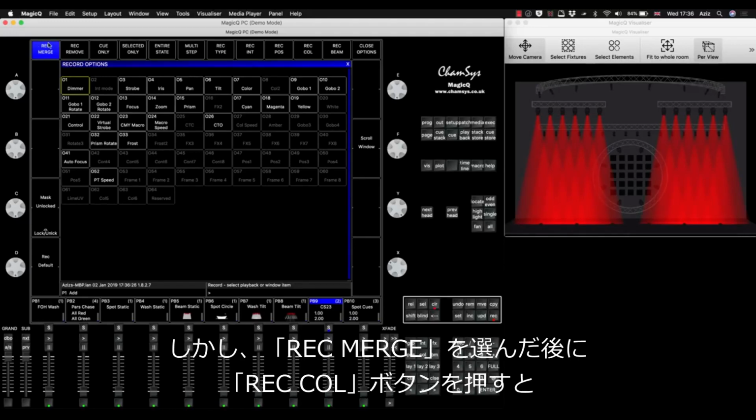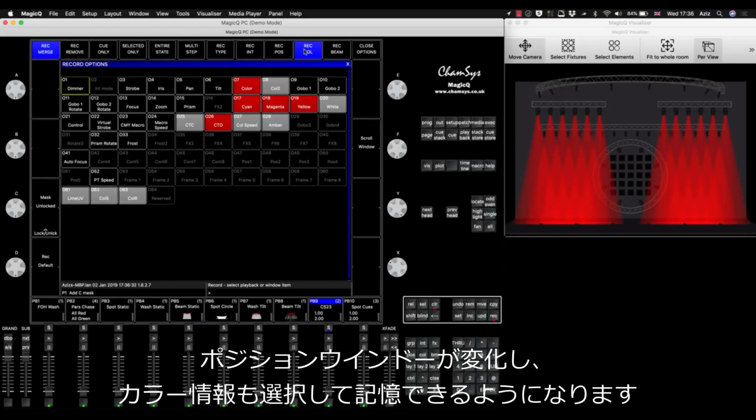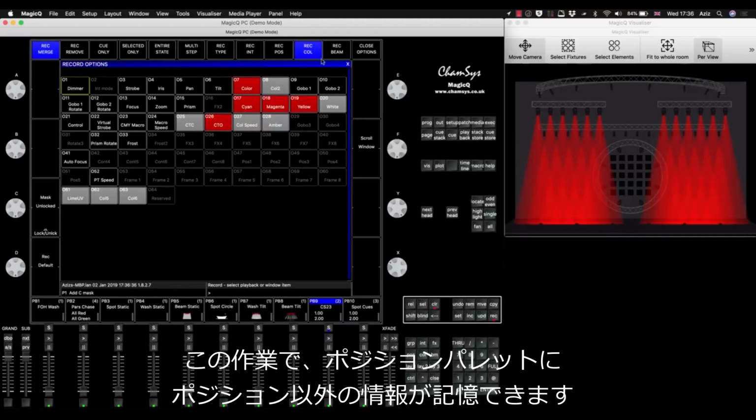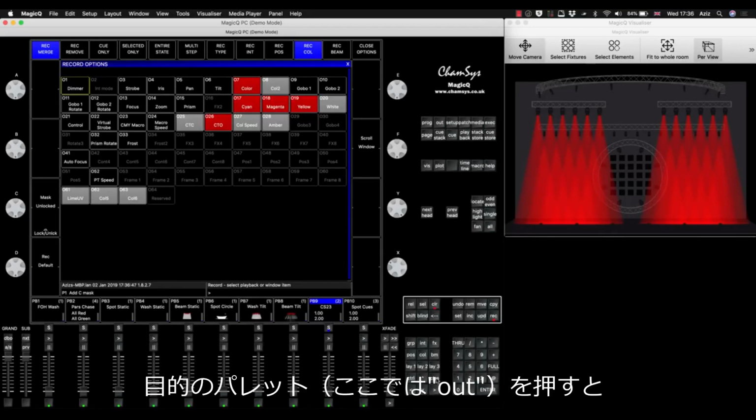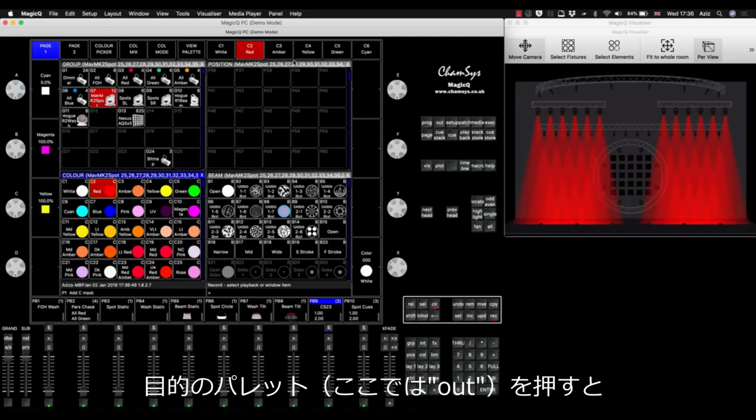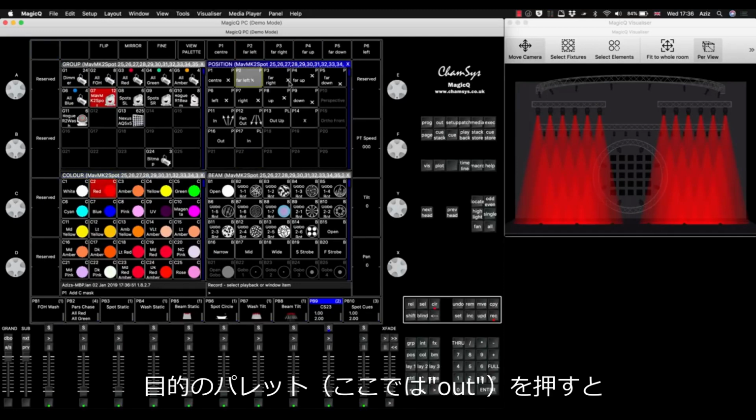But if you press Record Merge and you also select Color, that means you are forcing the MagicQ to accept the new data, the color information, into the position palette. So I've selected Record Color and we're only merging the information. We don't need to touch the position, only the color. We press close and we go here and we click on our palette number 16 out,